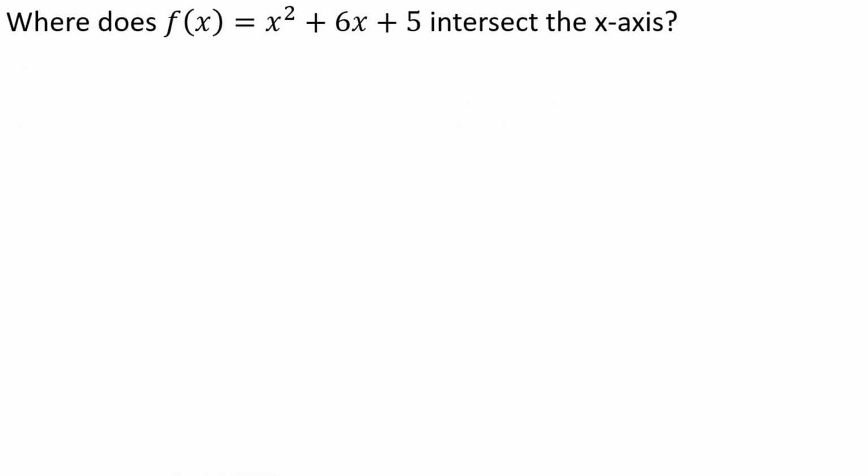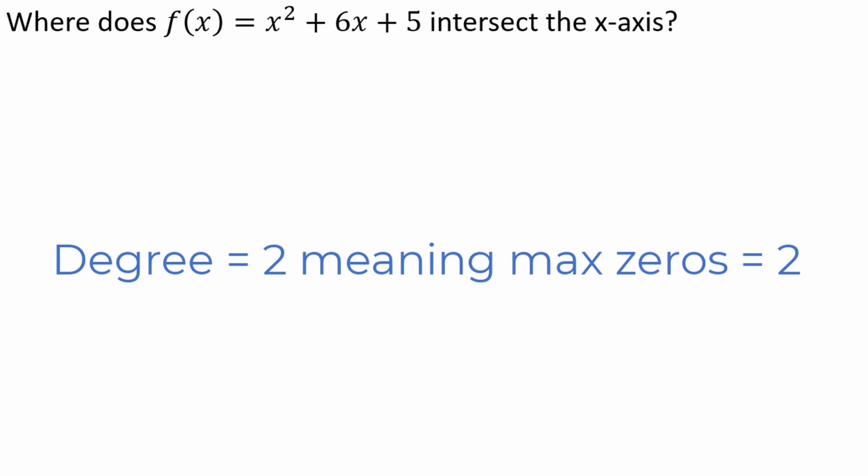For this video, we are going to focus on building polynomials given their zeros. Consider the polynomial x squared plus 6x plus 5. Let's say we want to know when this polynomial intersects the x-axis. In other words, we want to know where the zeros of this polynomial are, meaning when y is equal to 0. This polynomial has a degree of 2, which tells us that the maximum number of zeros it can have is 2. This polynomial cannot intersect the x-axis more than 2 times. It could intersect the x-axis less than 2 times, perhaps 1 or 0 times, but the largest number of zeros